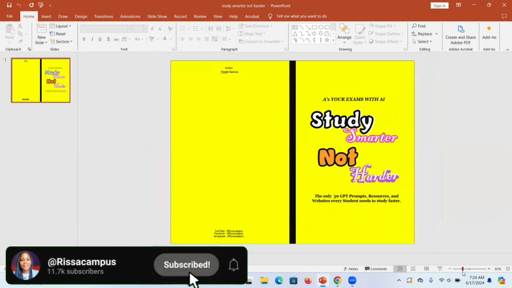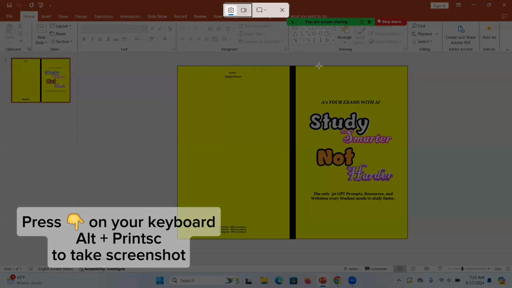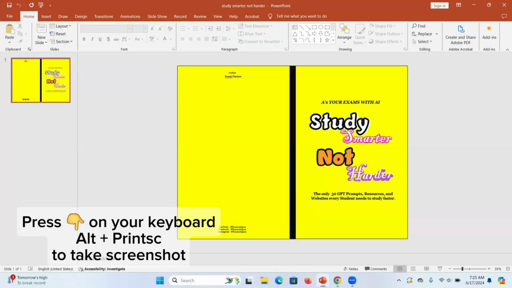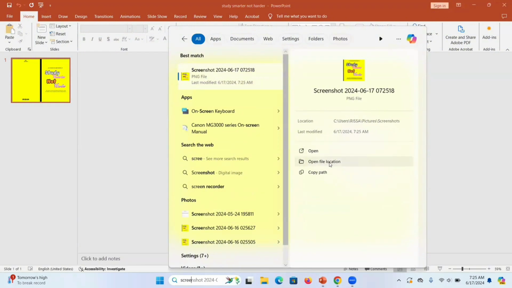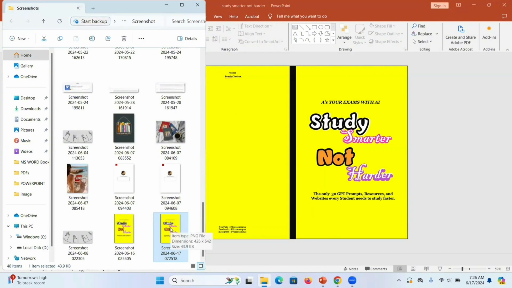All right, so the first step of creating a mockup is to take screenshots of all the pages. I'm going to be taking the screenshot of this front cover page. This is my cover book, so you can take the front page and also the back page, right? So I'm using the Snippets, a pre-installed snipping tool. You can use whatever screenshot tool you have on your device. And what I'm doing right now is to just grab the image and place it somewhere that I can easily locate it, right? So once you have done that, the next step is to go get a mockup design,